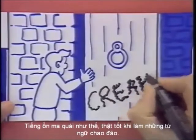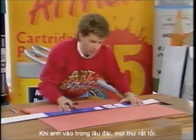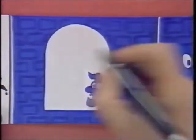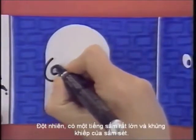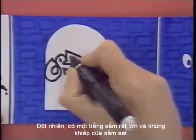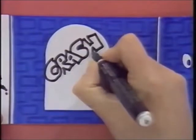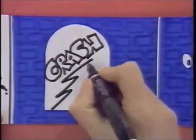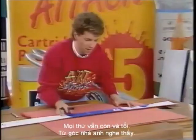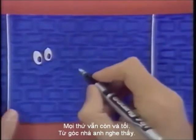Spooky noises like that. So it's good to do the words wobbly. When he got inside the castle, everything was very dark. Suddenly, there was a very loud and chunky crash of thunder. And a bit of lightning. Yes. Everything was still and dark. And from the corner of the room, he heard...